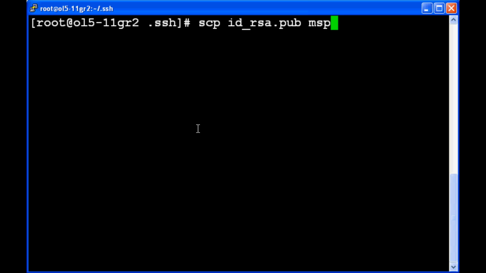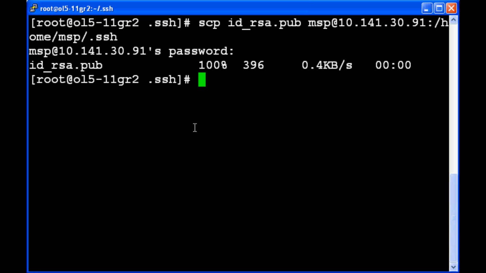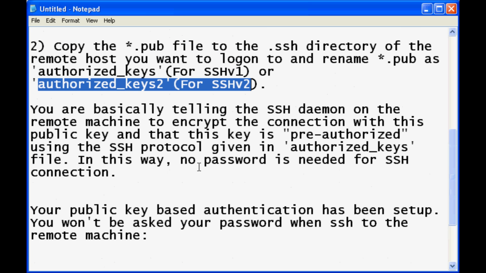We will transfer this file to, if you want to log in to MSP, suppose I am transferring this file to the MSP user's home directory, so I can log in as the MSP user without a password. But if you want to access root, you need to copy that to root's .ssh folder. So here if you see, it's asking for a password for me. So once the password is entered, it will transfer that file to the .ssh directory of the MSP user,